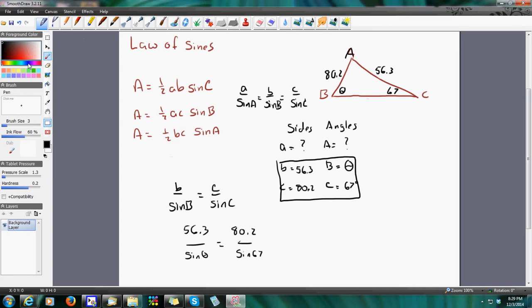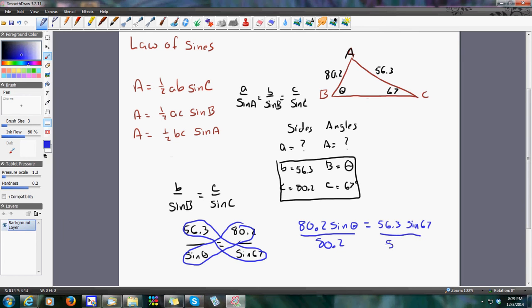And now I'm going to cross multiply, and you get 80.2 sine theta, which equals 56.3 sine of 67. And then I'll divide by 80.2. And so what I end up with is sine of theta